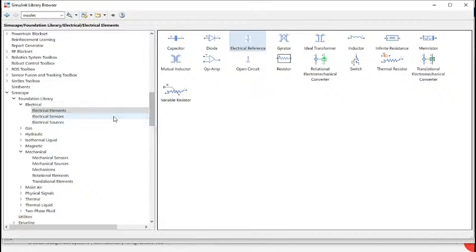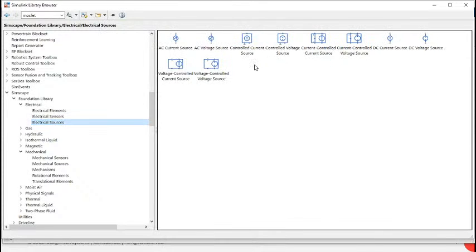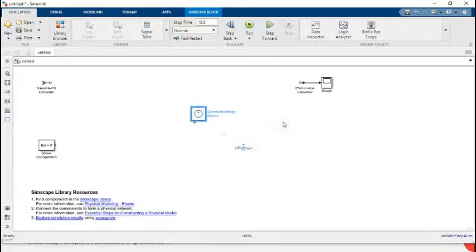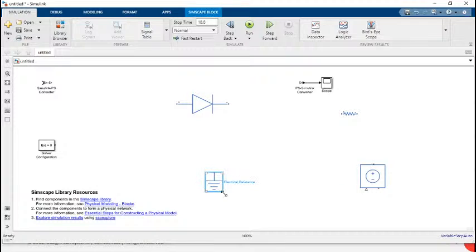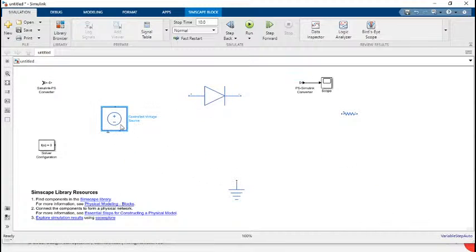Now we require a source. I am going to use a controlled voltage source. Perfect. So here we have all libraries. So let me increase the size of all components which I have right now, so it will be visible for you. Okay, this is the ground. So I have this also, and this is the power source which I am going to use, that is a voltage